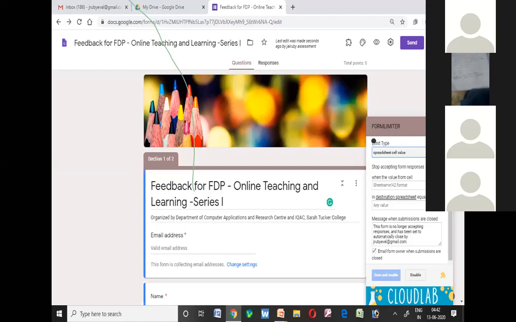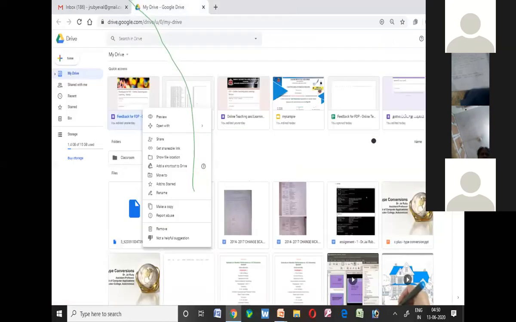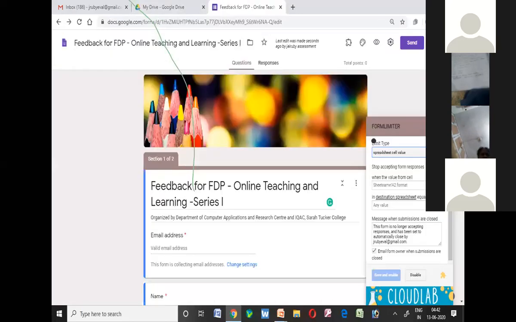So you can have different levels of control: either date or time, or the number of responses, or a particular cell value. Depending upon that, you can limit your form. Suppose you want to give a message for the form limiter, because people will be coming and posting all the information at the time, you can give the message in the message window for when submissions are closed.